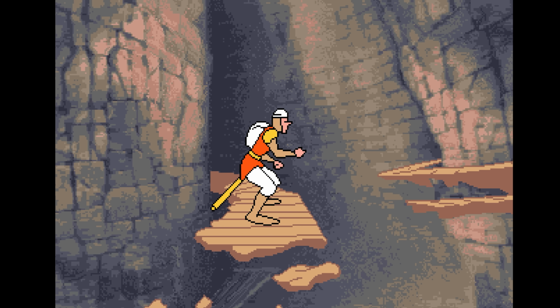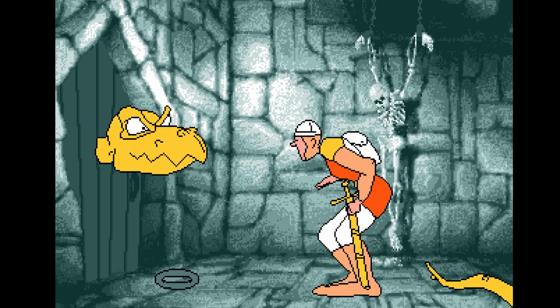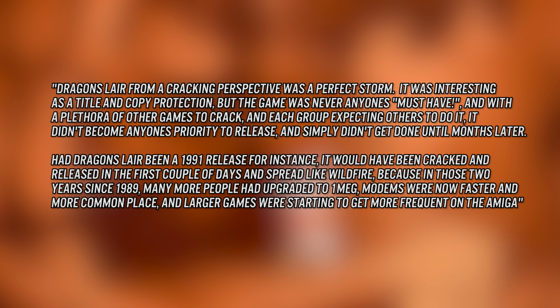The copy protection was reduced down to a simple piece of red paper with many codes on it. Simple manual protection that was much easier to crack. And speaking of cracking, I ended up talking to legendary Amiga cracker Galahad from the group Fairlight, and I asked him about his perspective on Dragon's Lair, and he said the following thing: Dragon's Lair from a cracking perspective was